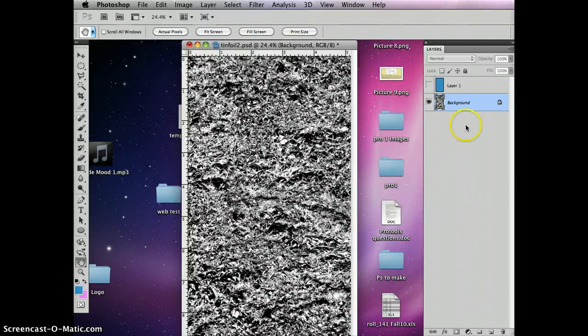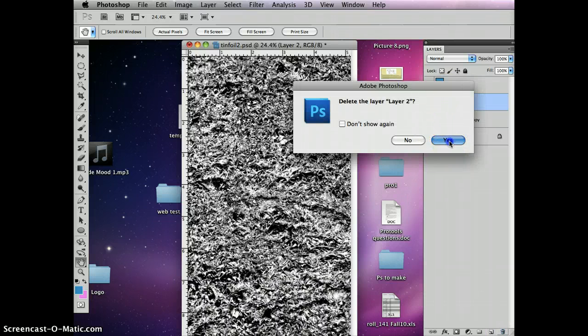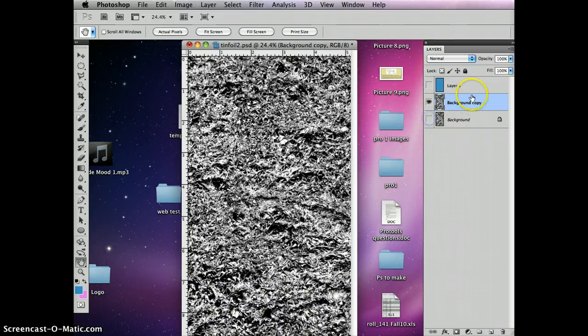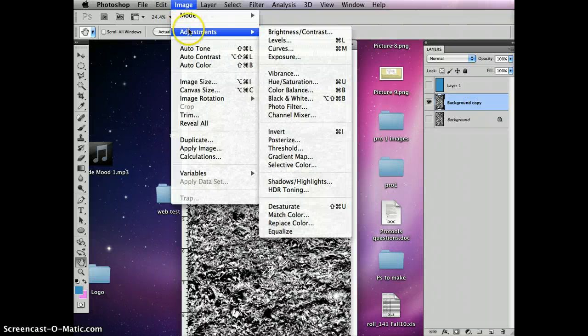But actually, before I do that, it's a good idea sometimes just to make a backup copy of what you had. And the easiest way to do that is just to drag this right onto the new layer icon. And now we get a new layer. Made this one by accident, so I'll get rid of it. Yes. Okay, and then we can just turn the other one off. And so this one we're going to posterize. Image, Adjustments,